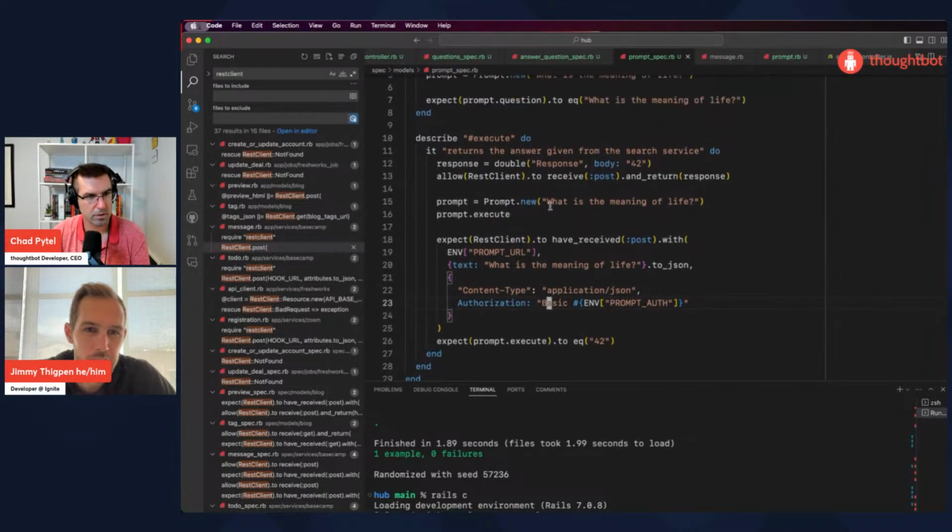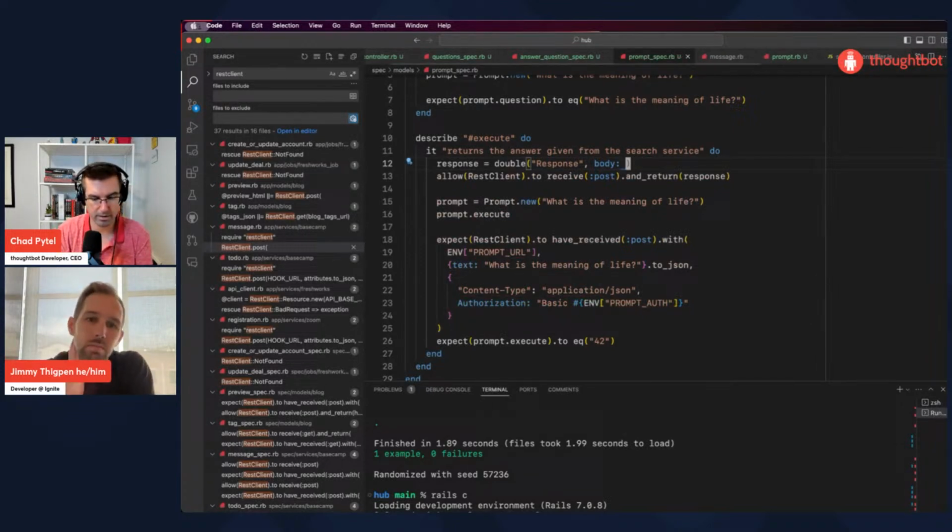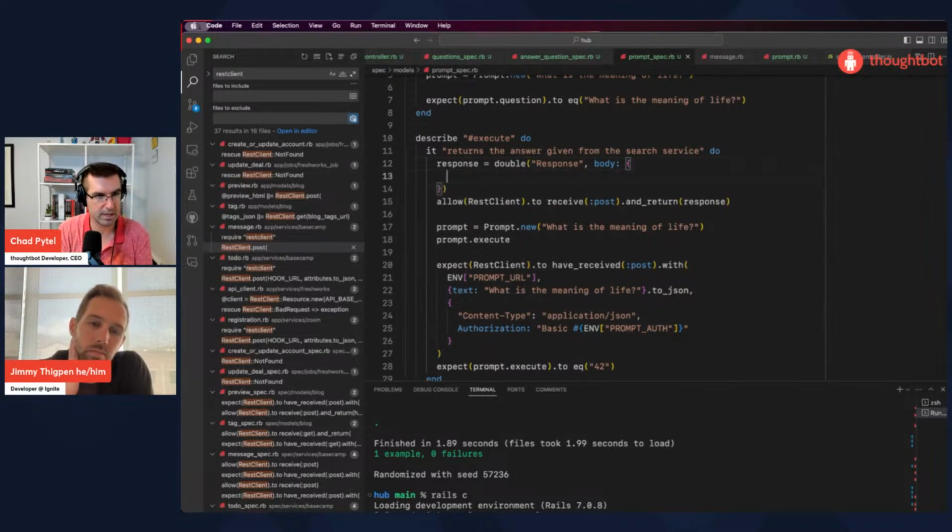Okay. Does that mean we need to change one of our tests? We want to change our spec. Yeah. And there's a couple different ways of writing this. I like to write it with a Ruby hash and then call to_json on it, so we don't need to write JSON strings in our spec. Yeah, because that gets gross really fast.